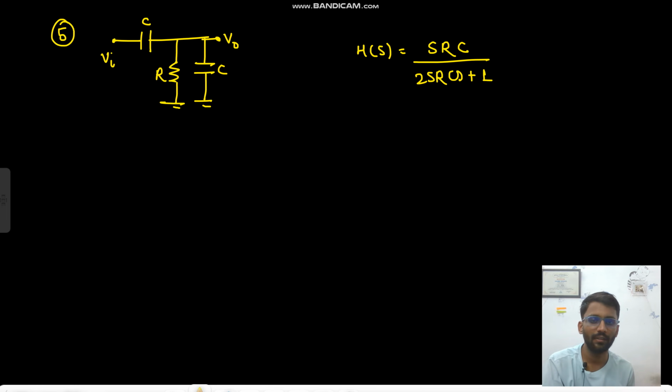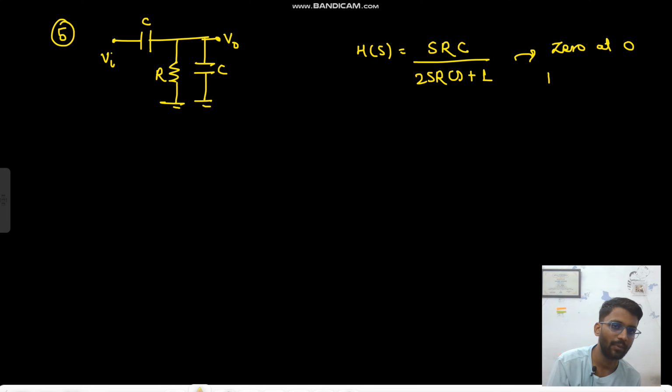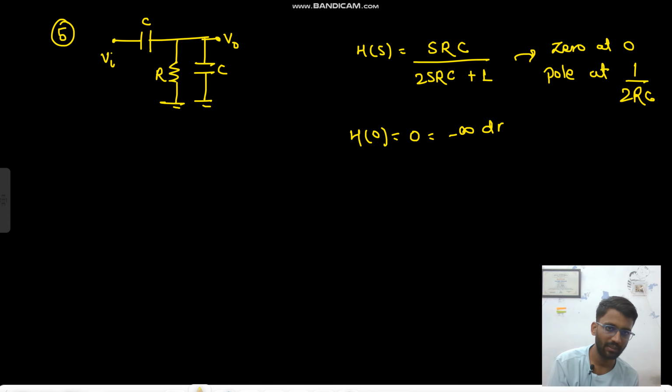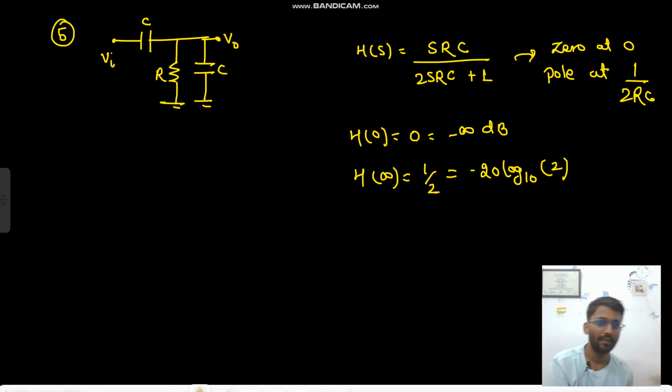In this one, we have a 0 at 0 and a pole at 1 by 2 RC. I wrote SRCS, but SRC only is what I should have written. H of 0 is 0, which means minus infinity dB, and H of infinity is 1 by 2, which means some negative value. Okay, so drawing the Bode plot,